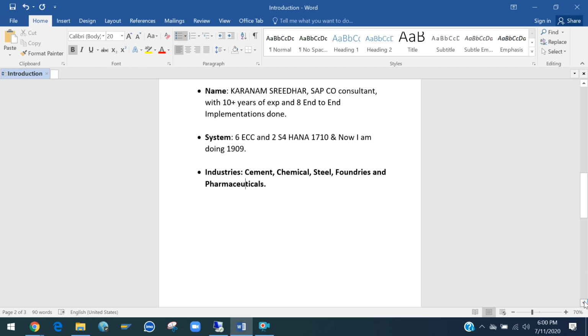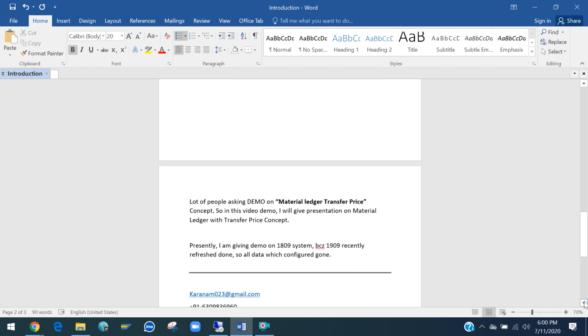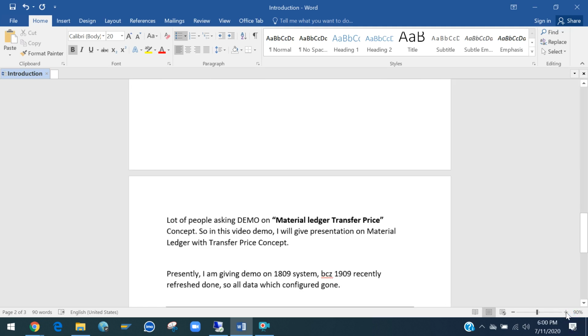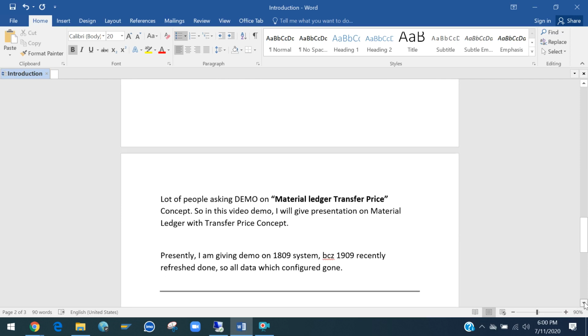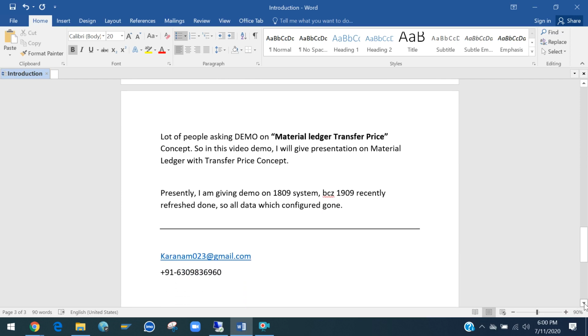Now, a lot of consultants asked me to give a demo on how material ledger functionality will work along with the transfer price. That's why in this video I will give a presentation on material ledger with the transfer price concept. I have taken a 1909 IDES access